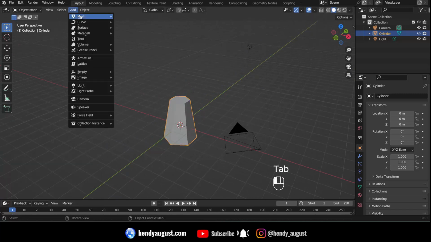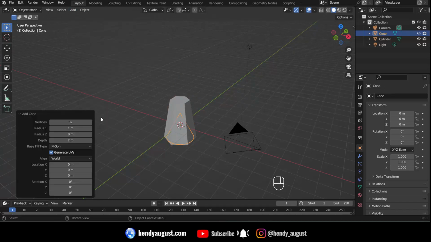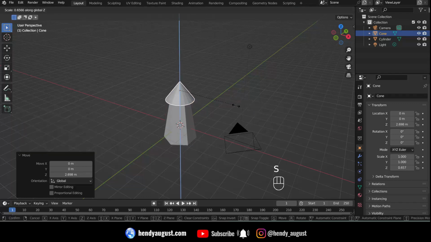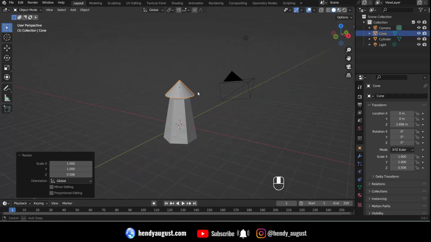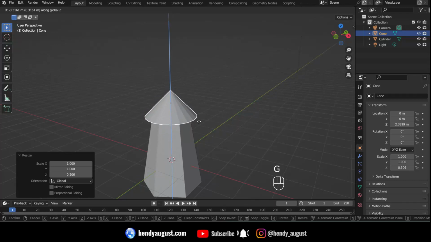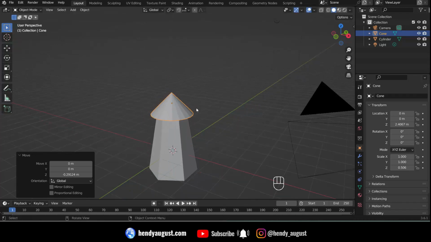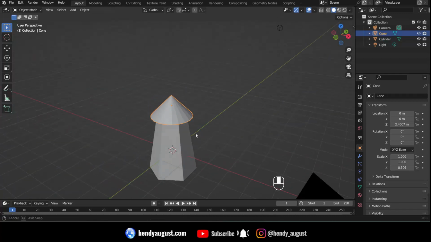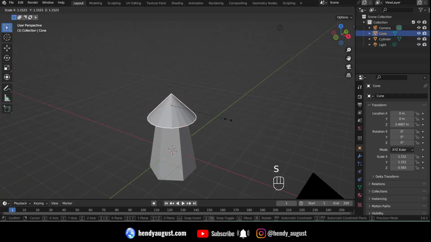And we're gonna add another, we can use a cone in here. Cone maybe. We don't need too many sides on it. We can use 20. Grab and then press C, G and C, and scale it down on the C axis by pressing S and then C. And grab C, and we're gonna move it slightly downward so it touches our cylinder. Scale it up a little bit,